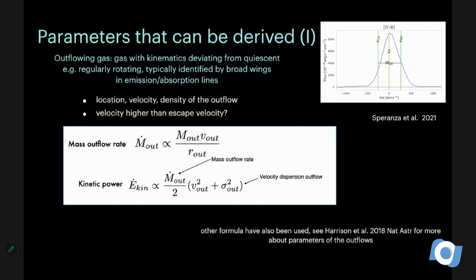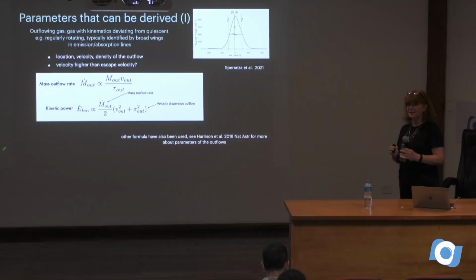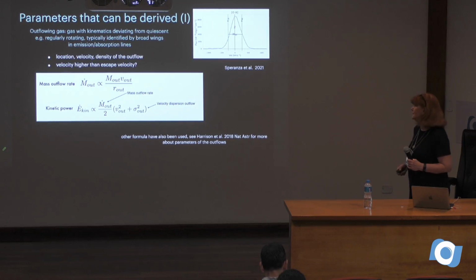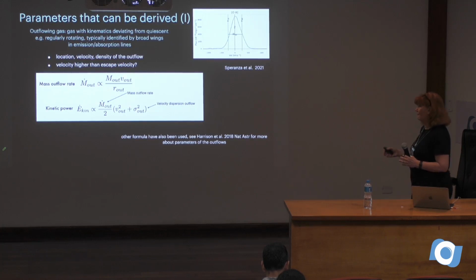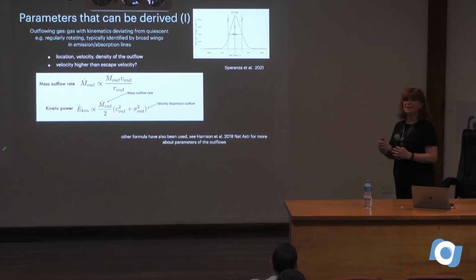And then from that part that deviates from the rotation or from quiescent gas, you can measure the mass outflow rate, so you can measure the mass in the outflow from the luminosity of the line. You need to know the size, the size of where the outflow happens. That's a tricky one, because there are not always observations so detailed, I tell you, but we are very creative as astronomers to come up with some size. And the velocity of course comes from the profile of your line. So you have a mass outflow rate: how many solar masses per year of gas